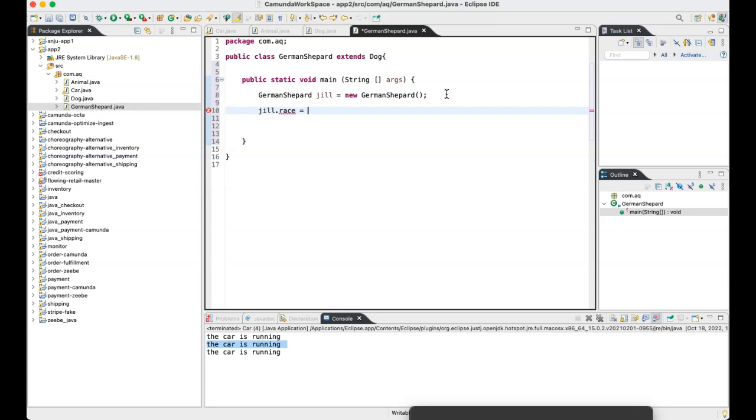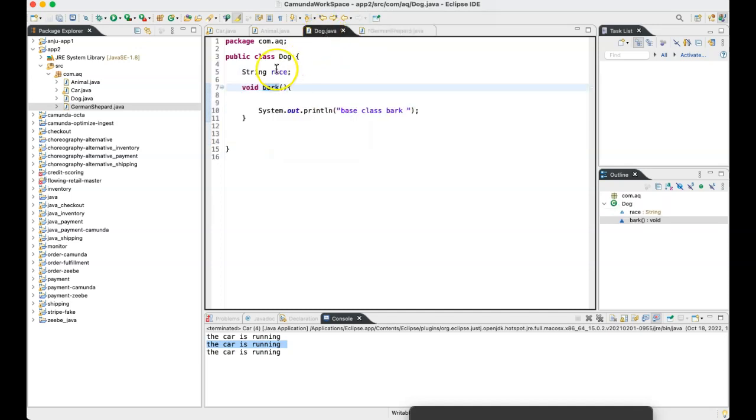Am I able to access a race attribute? This means the original German Shepherd race, or I can call it canine. They are also called canines. So, am I able to access on German Shepherd's object the race attribute which I declared in dog? Yes or no?